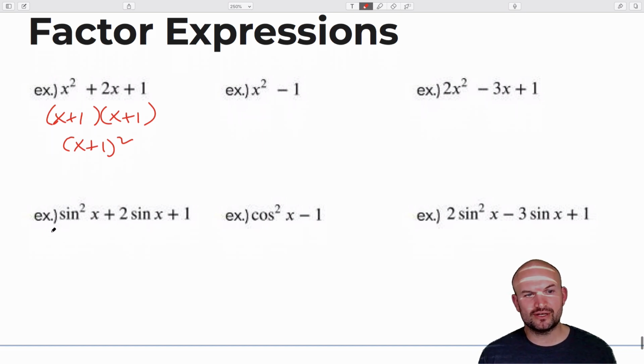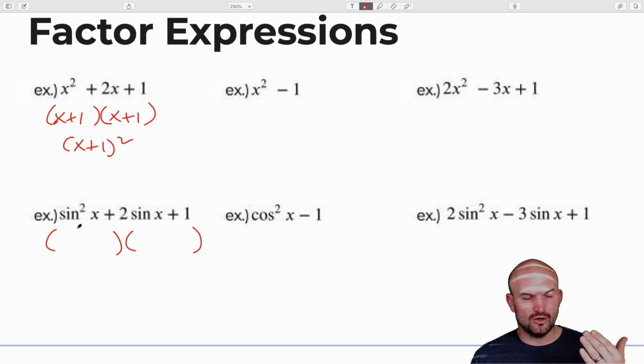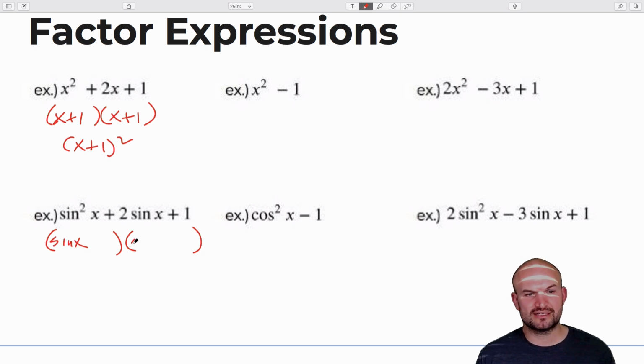So you can see that we can rewrite this as, or if you have this, basically what we're saying is, what two terms multiply? Remember, the first two terms always multiply to give you our first term. So what times what is going to give you sine squared of x? Oh, that's just going to be sine of x times sine of x, right? And then you can see here, this is just a replacement of the function. So this is going to be sine of x plus 1 times sine of x plus